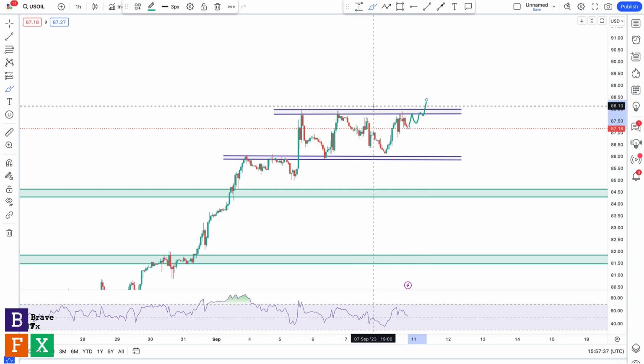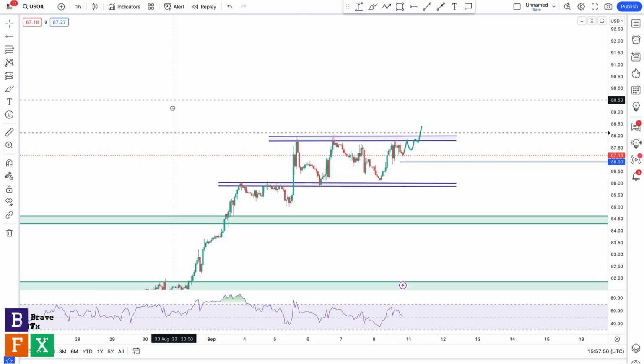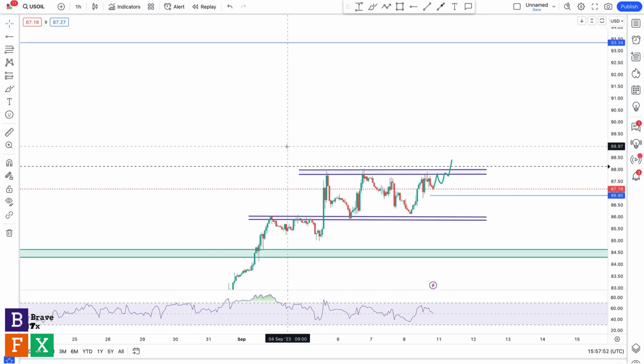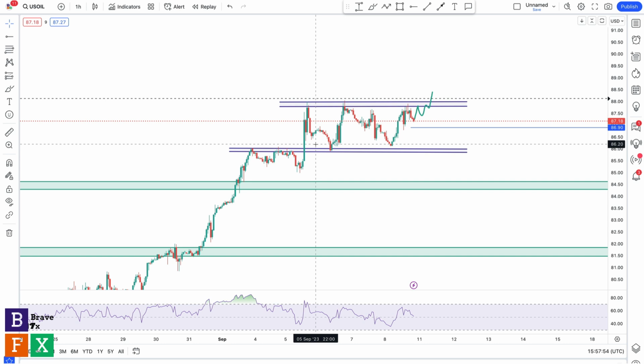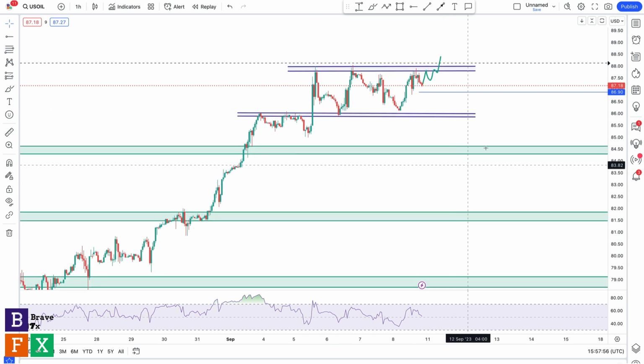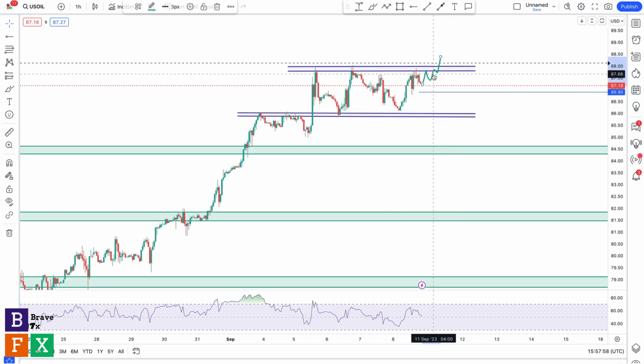Sometimes I like to go aggressive like that, but if I'm being more conservative, I'm going to wait for a candle close, then I'm going to go long. My stop loss is going to be below the consolidation that leads to the breakout, and I'm going to trail my position as we head higher, because I think crude oil is going to head a lot higher than this current price level. So for the bearish case scenario, for those who wish to go short on crude oil, you could watch out for something like this,